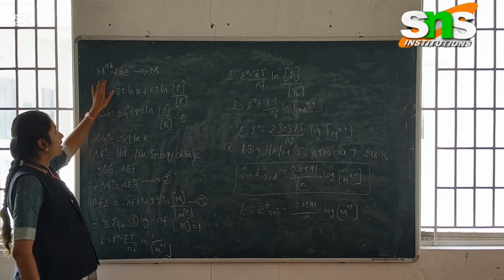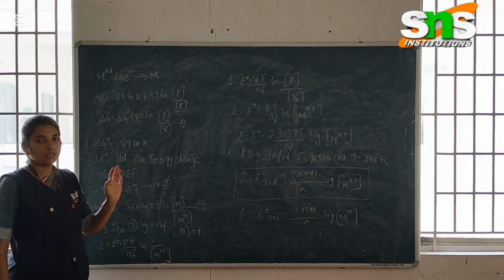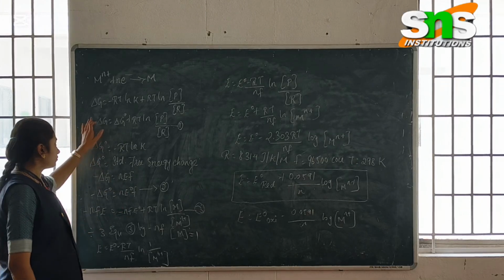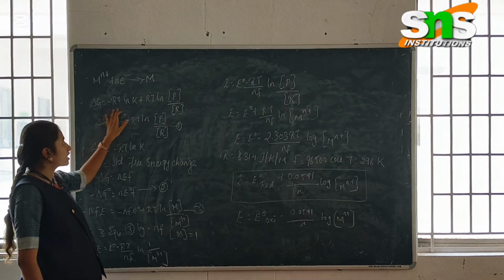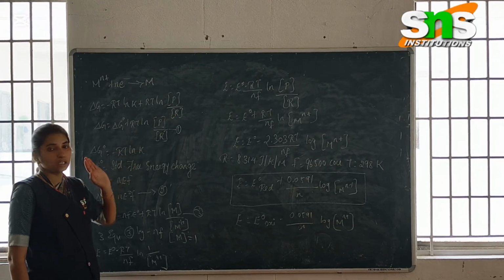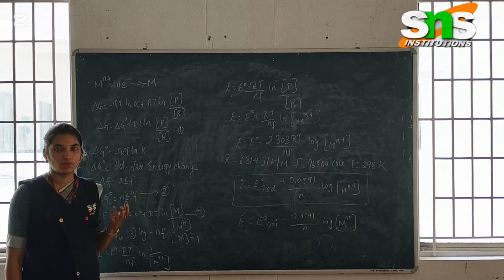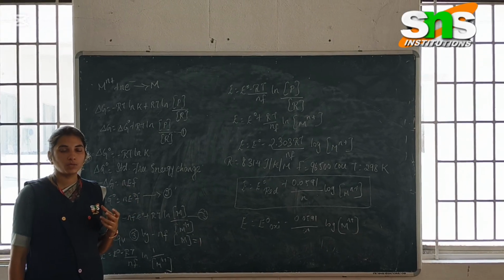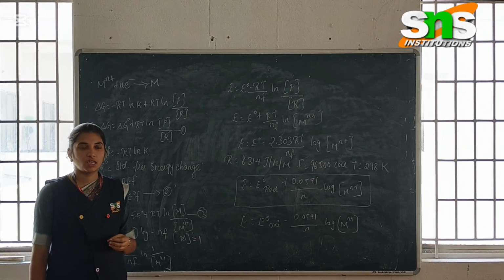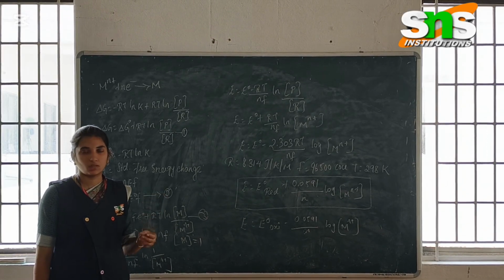Here, Mn+ plus ne- gives M. This is the product and the reactant, from which the potential can be developed. So here, del G equals minus RT ln K plus RT ln product by reactant. This is how the Nernst equation can be derived using this constant. Whenever the equilibrium constant K has been derived, the free energy change and the standard free energy change del G can be determined using these equations.